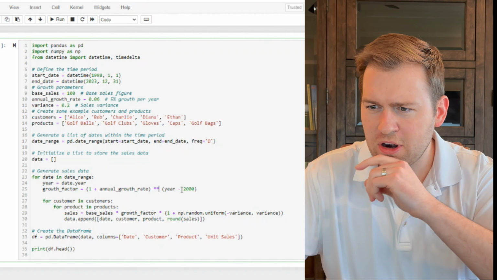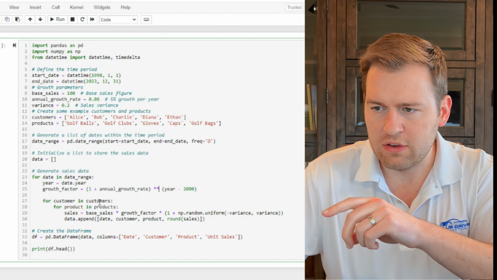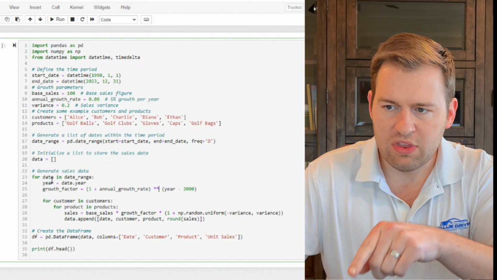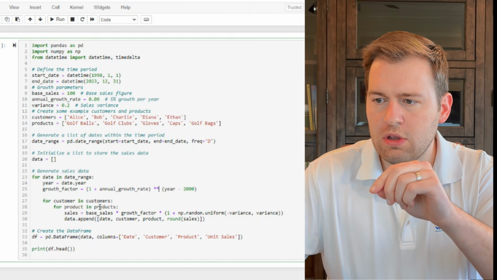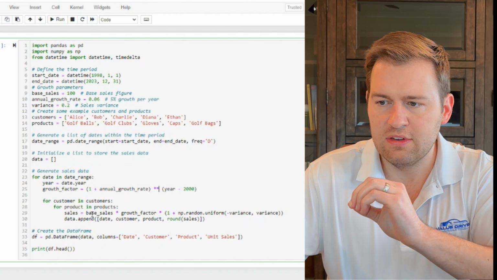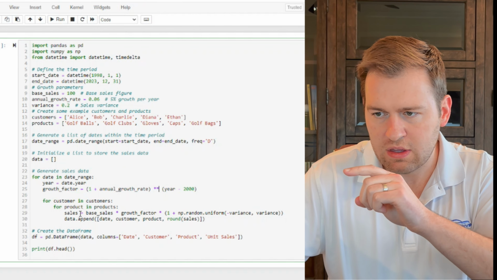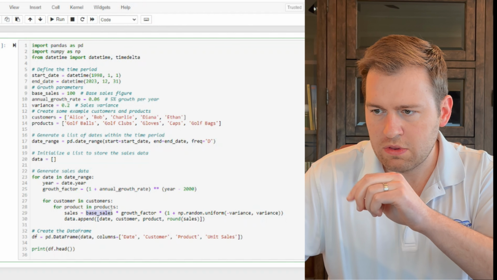Okay, I like it. Perfect. We get a growth factor. Then it's looping through customers, looping through all 5 customers. And within each day, within each customer, within each product, it is looping through all those combinations, and it's creating this sales. It looks like this is just a simple numeric variable that starts with our base sales, in our case 100,